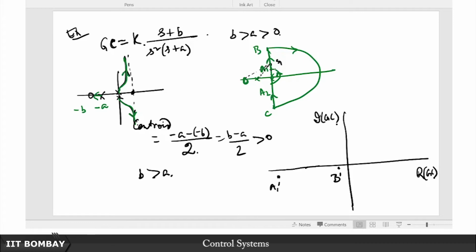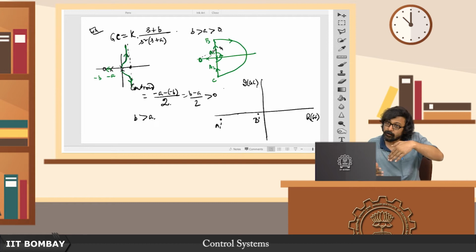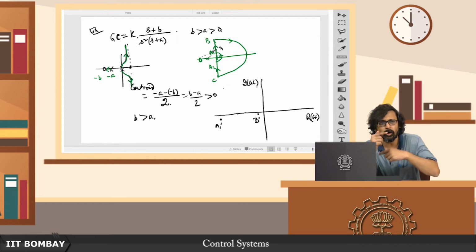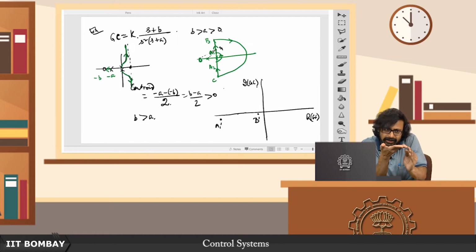What does that tell us? That tells us that at the point A1 prime I already have a phase of minus 180 degrees, and while travelling from A1 to B, that is while tracing this curve from A1 prime to B prime, I will have additional phase lag, which is addition of more negativity. So, I already have minus 180 and I have some more negative phase. Where will that take me? If I am already sitting at minus 180, which is a full clockwise rotation of 180 degrees, that is a half circle, and then some additional incremental rotation, it will take me from the third to the